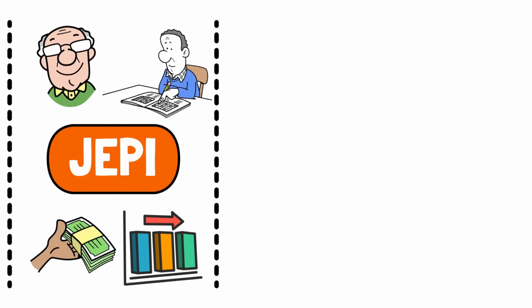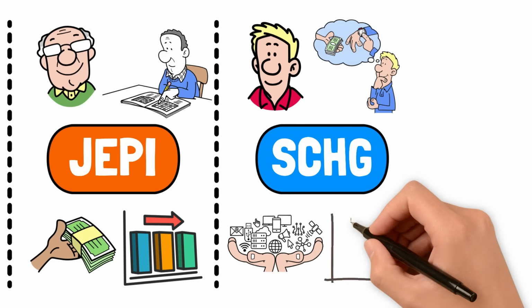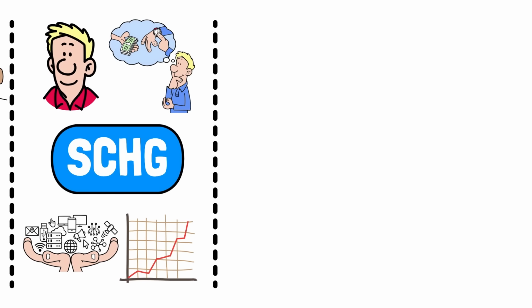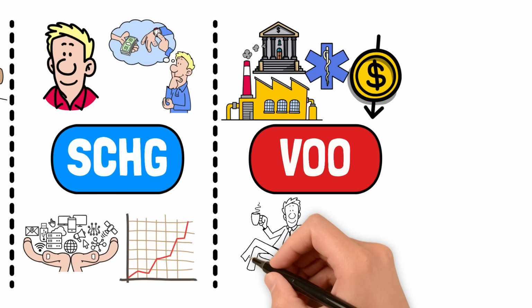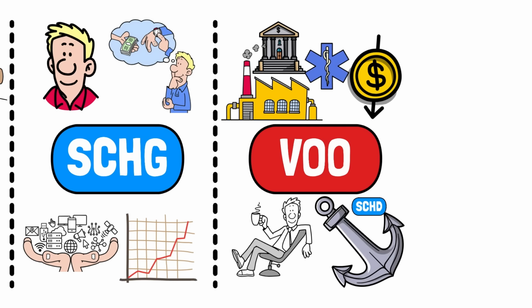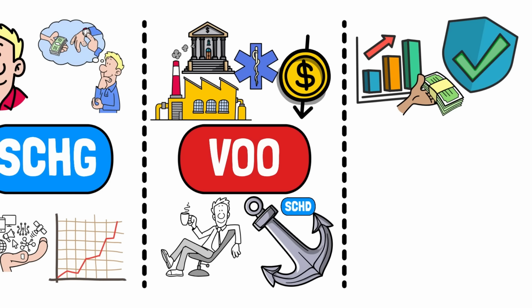If you're in your 30s or 40s, still building wealth and want access to explosive growth, pair SCHD with SCHG. It brings in the tech exposure SCHD lacks and captures long-term upside. If you want broad exposure across all sectors and a low-maintenance approach, VOO is ideal. Especially great for investors who want a set-it-and-forget-it portfolio with SCHD as the dividend anchor. If you're focused on rising income to stay ahead of inflation and want something durable through market cycles, DGRO is